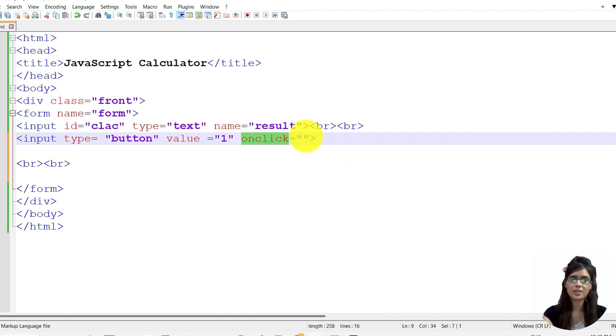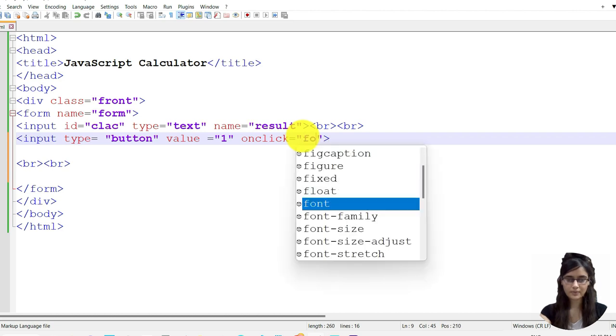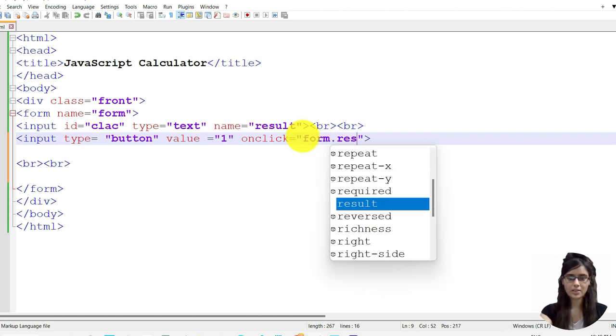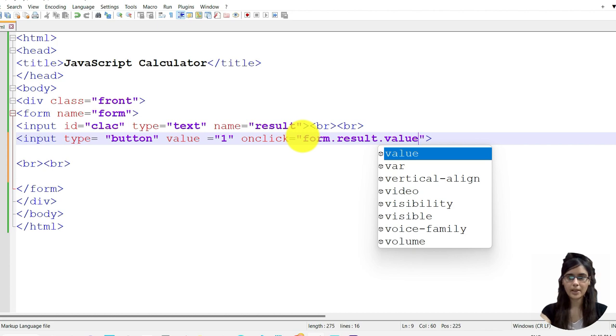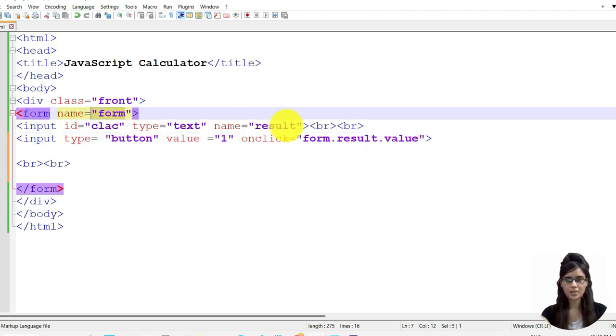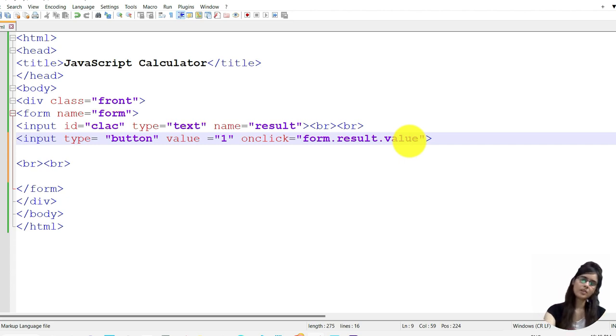So how we will display using this function? onClick form dot result dot value. You can see onClick, this is the form, this is the result, and then we will display its value. And right now the value is for the first button we have 1.